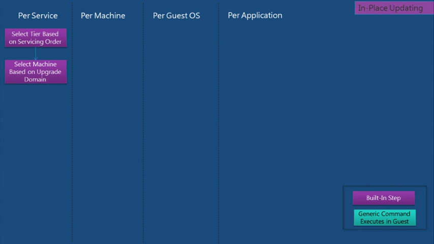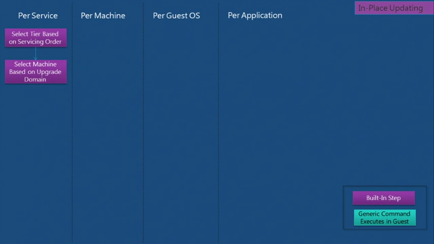So what's an upgrade domain? Let's say I have a two-tier app, and tier 1, the front-end tier, is a web-based application, and it runs behind a load balancer, and I have 4 instances. I can tell VMM, and this is available in the tier properties in the designer, that I want 2 upgrade domains. What that means is we'll take the number of instances in the tier, so in this case 4,